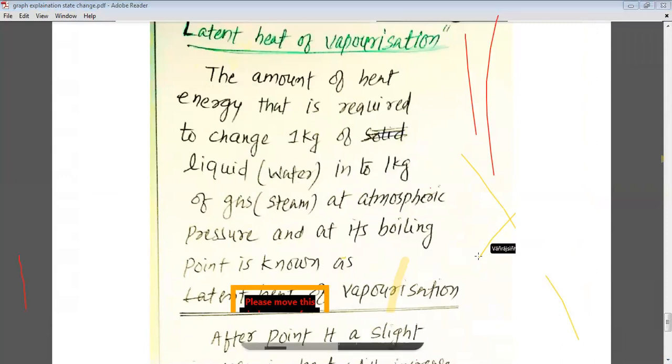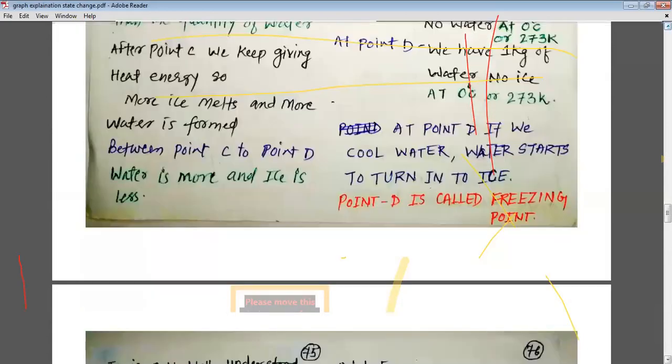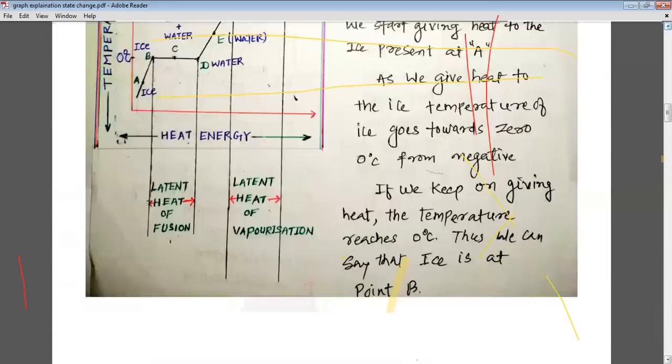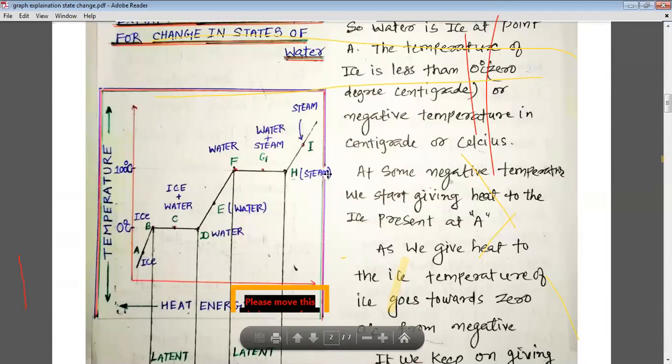And this is how, my dear students, we can understand about the latent heat of vaporization. Now we have been at point H. Now at point H, my dear students, the scene changes. Now at point H in the graph, as you can see on your screen, the graph has been shown, my dear students. At point H, we have 1 kilogram of steam, and if we provide heat, the temperature of steam increases, the temperature keeps on increasing as we keep on providing heat, and we reach the temperature I.